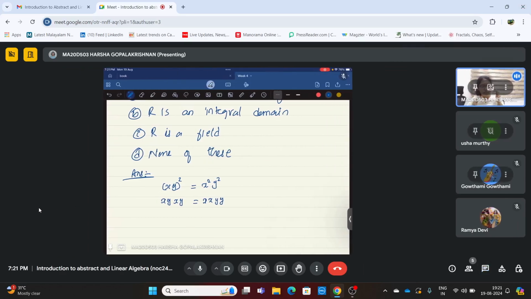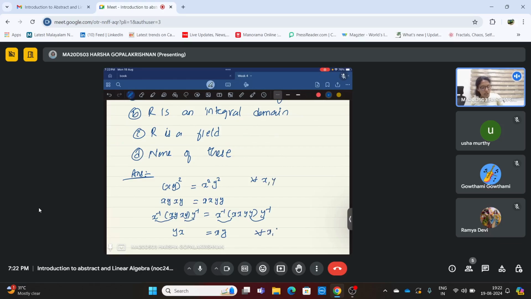Now, the next thing is just the cancellation law we are applying. Or we are multiplying on both sides with x inverse. Here we are multiplying in front with x inverse and at the end with y inverse. So x inverse x is identity and y inverse y is identity. So remaining is yx. Here also this is identity, this is identity. Remaining is xy. So what we got, xy and yx are equal,